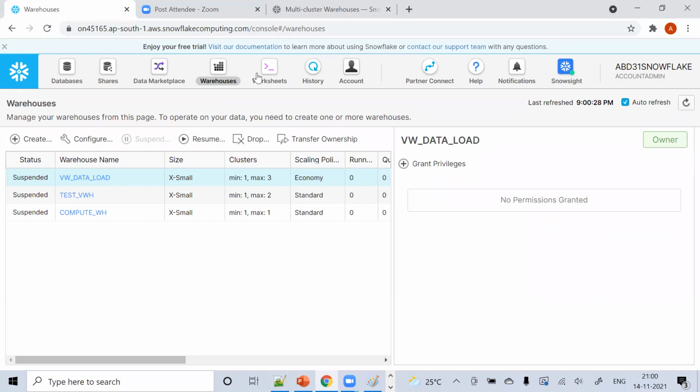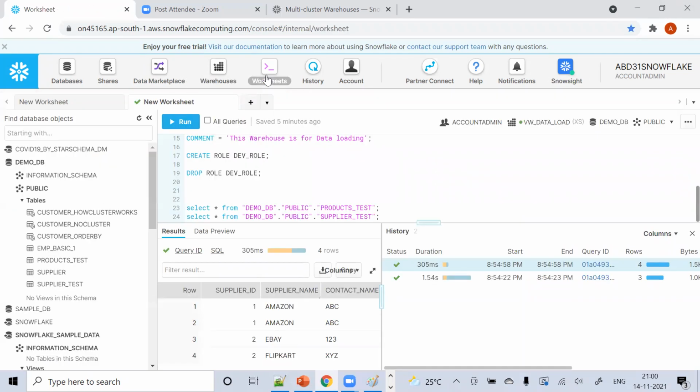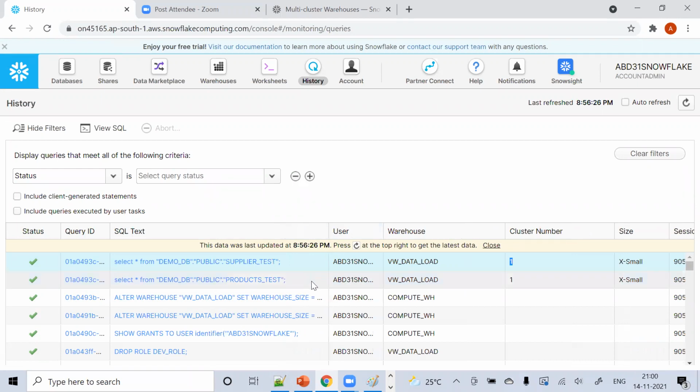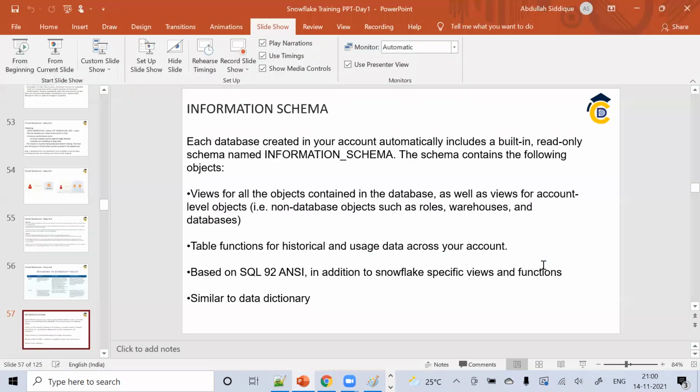Abdul, you ran two parallel queries, and you see the second cluster also got started? In the history, no, one cluster only. See, it is only one cluster, right? Then what is it that you said you don't know as of now? No, I said, in the rule for economy,